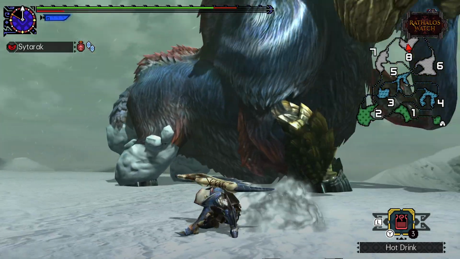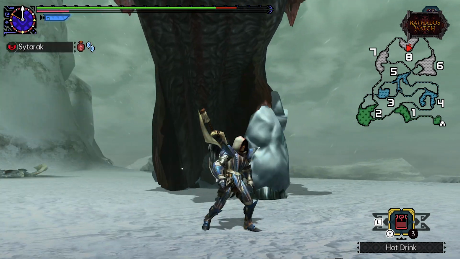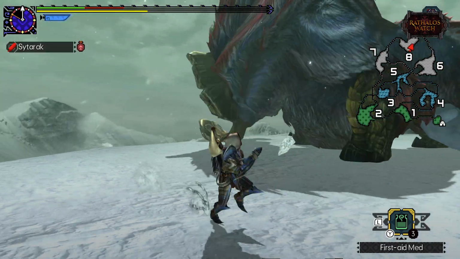It has a super long animation and is very easy to dodge. Just get away from her. She may also follow up with another short animation stomp as well. Occasionally she will also try to do a very wide swipe with her trunk while also breathing out ice